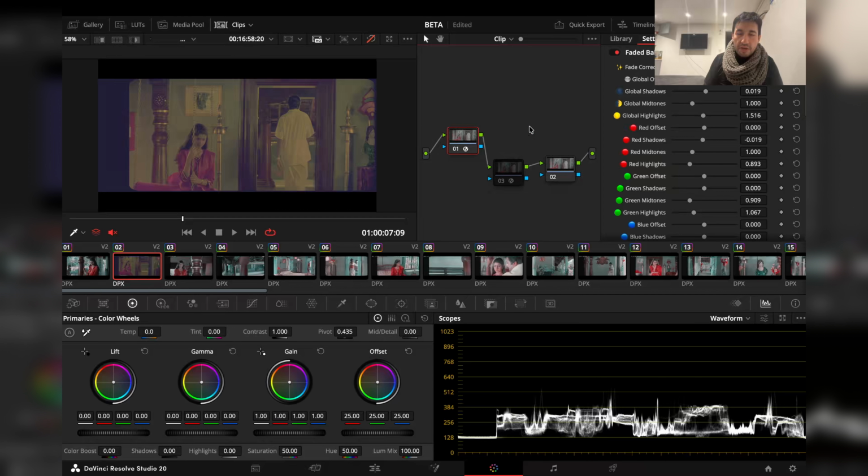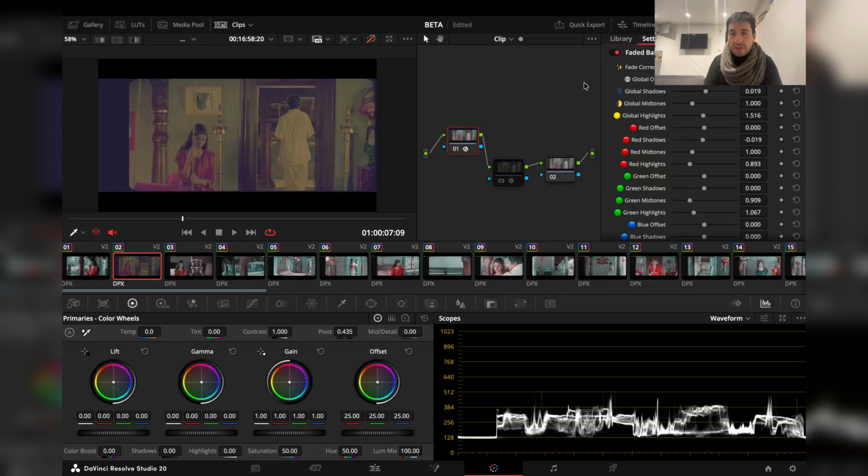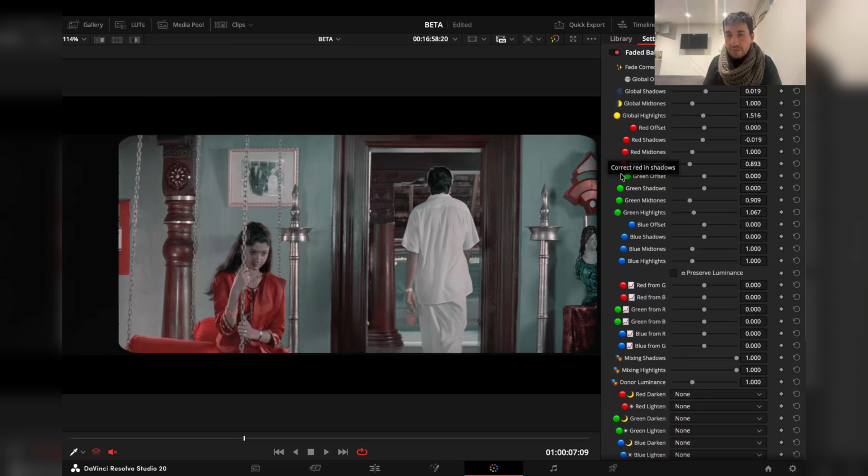Most of you may be familiar with my faded balancer DCTL. I'm in the process of releasing another version that is basically the OFX version of the faded balancer. It should have the same capabilities plus the ability to create custom presets, and then I will add some more things in the future. If you try this with the DCTL, it should give you exactly the same results, so no problem there. Basically what I did on this step, let me turn this on, is just aligning the red channel. You can clearly see here that I didn't touch the blue channel